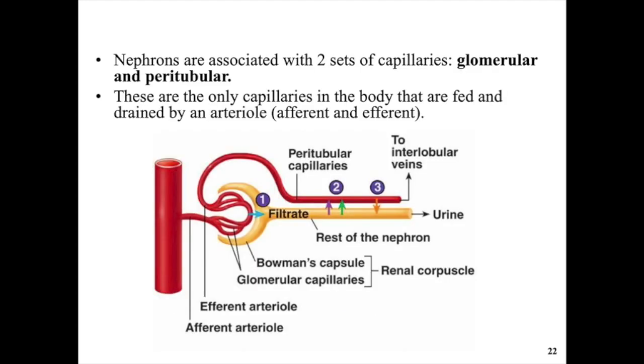So let's start with the capillaries associated with the nephrons. So here we have the afferent and the efferent arteriole. So afferent enters, efferent exits. And you have the glomerular capillaries locked between these two. Remember that the afferent branches into glomerular capillaries. The efferent merges into